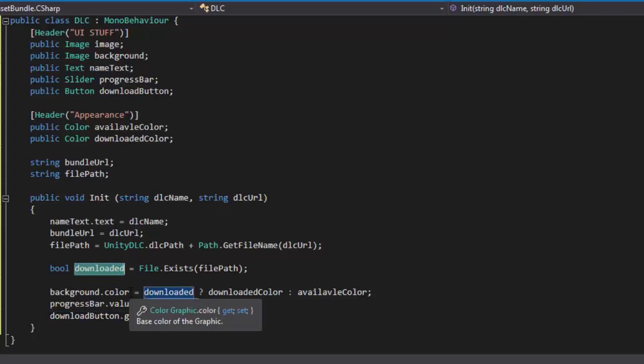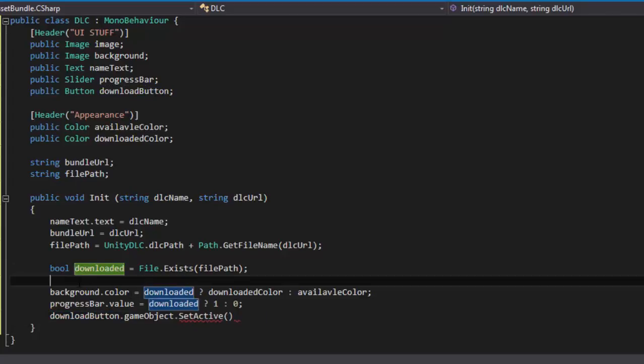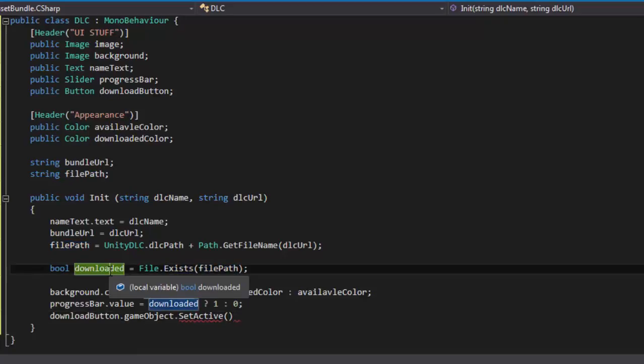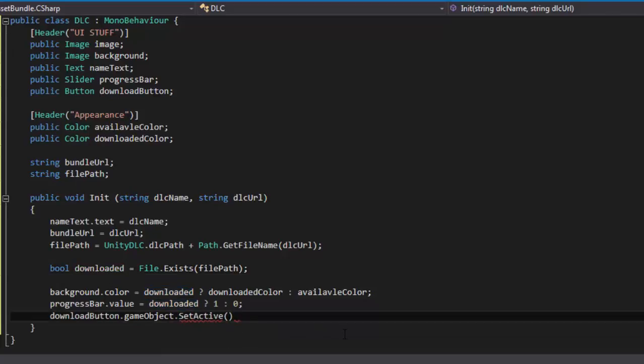We have this downloaded variable, which is bool. It will be true if the file exists, but we need to pass a false value to this SetActive when the file exists. So we just need to negate the downloaded, like that,